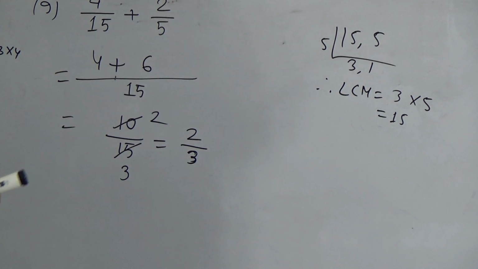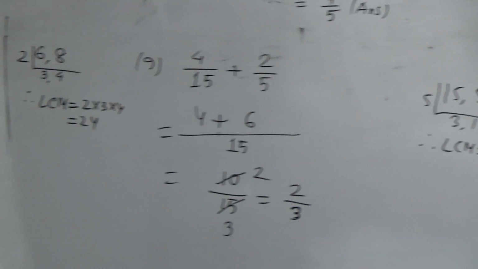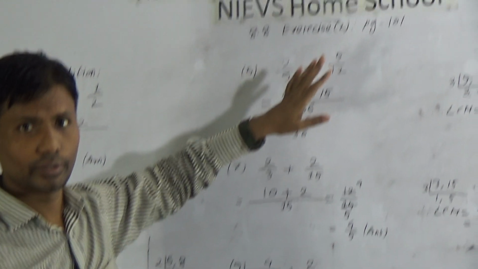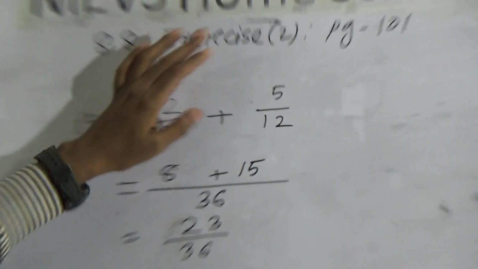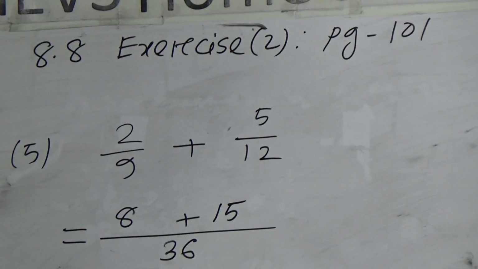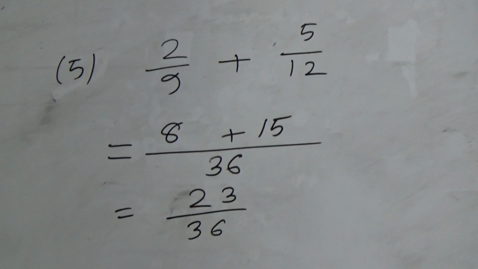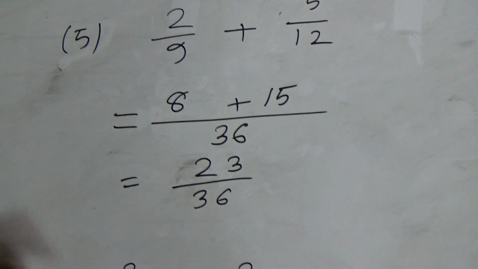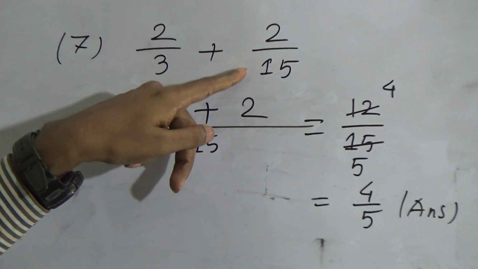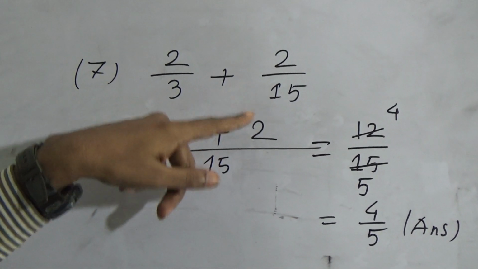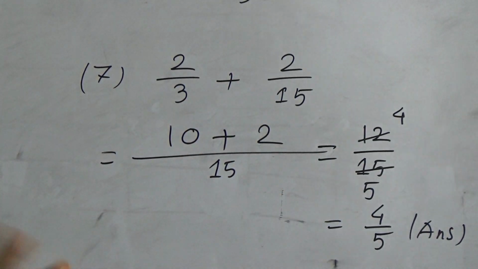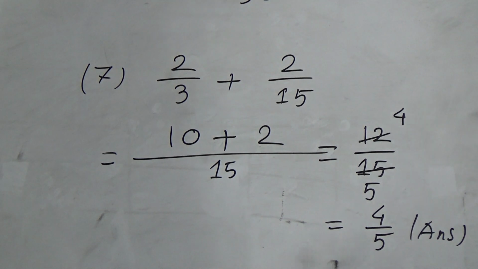Student, in the exam, the digits will be the same. Okay, the digits will be same. Suppose 2 by 3, then in the exam hall there will be written 3 by 2 or 3 by 5. Okay, 2 by 15 in the exam may give the question this way, 15 by 2. Okay, that means the numbers will be changed, but the rules are same.